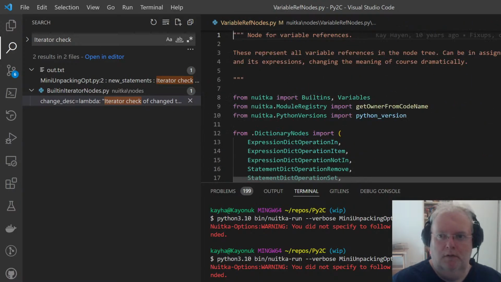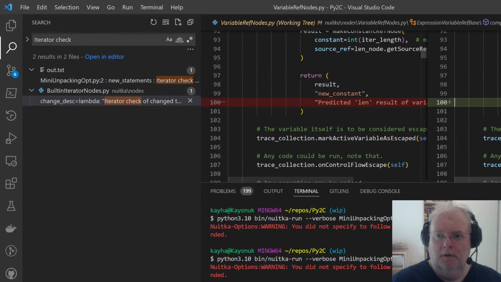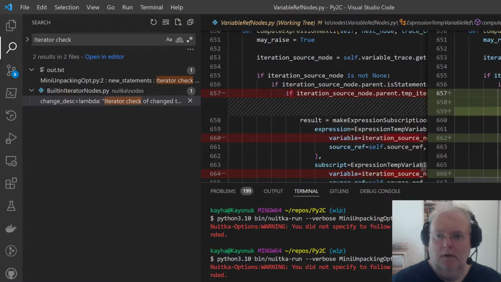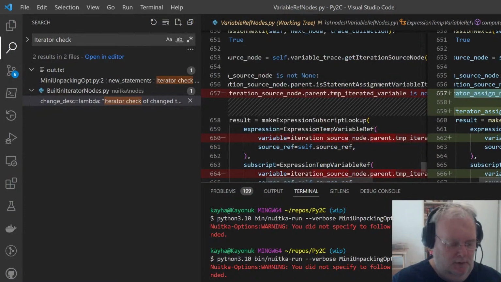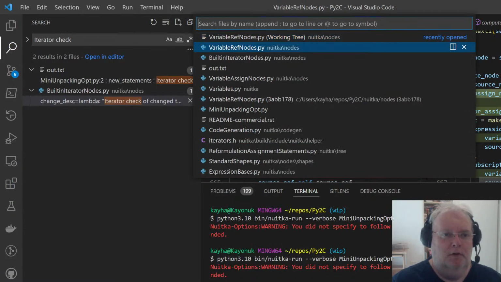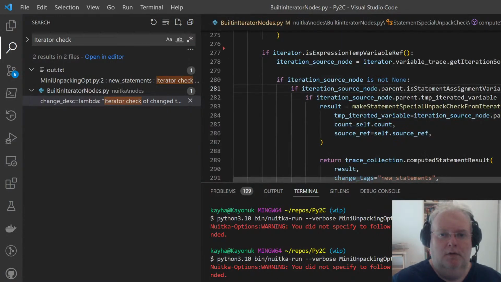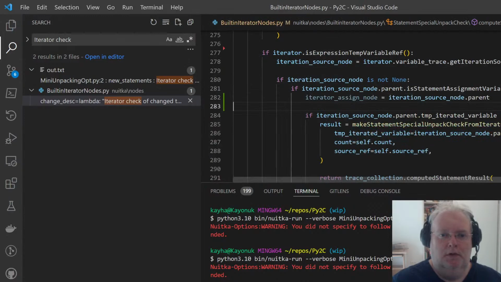So let me see the diffs. Let's use this as a pattern. So what's going on here? Iterator is sign node, and now I want to use iterator is sign node in more places.